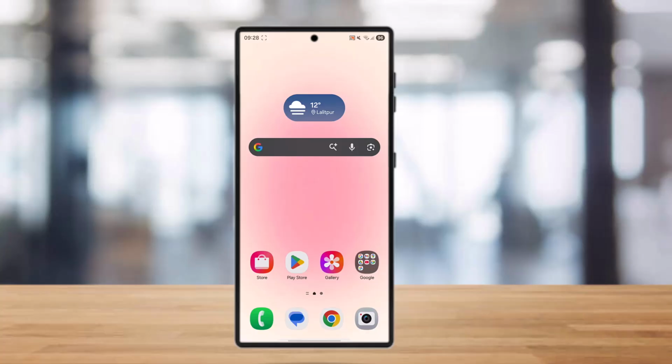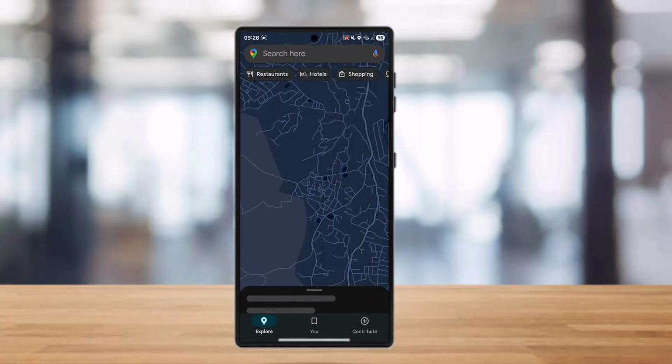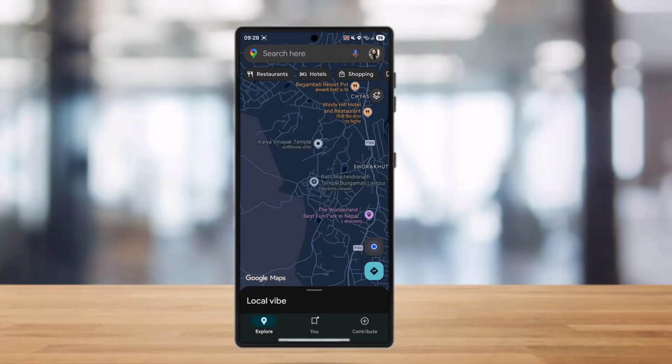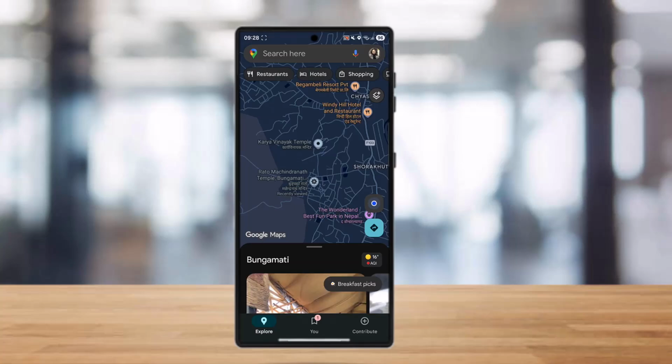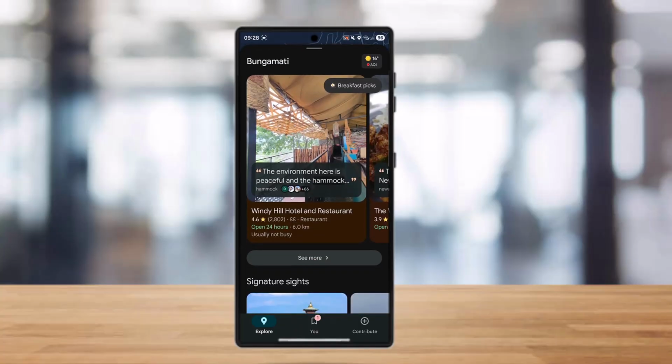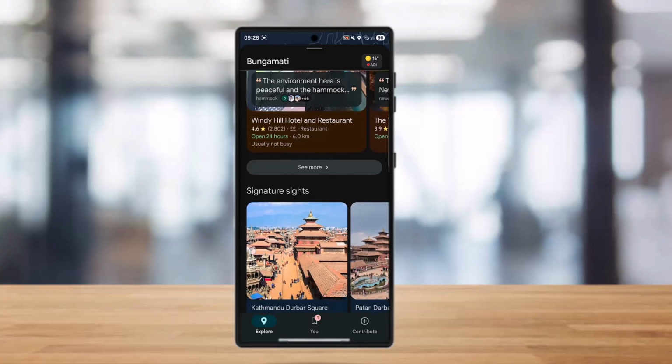So if you want to fix Google Maps GPS issues, then you need to simply restart your device. First of all, try to restart your device, and if the issue still persists, then you can start by enabling high accuracy location services, like toggling airplane mode, and then trying to delete the cache or data of Google Maps. Now you need to clear the Google Maps app cache and ensure it has necessary location